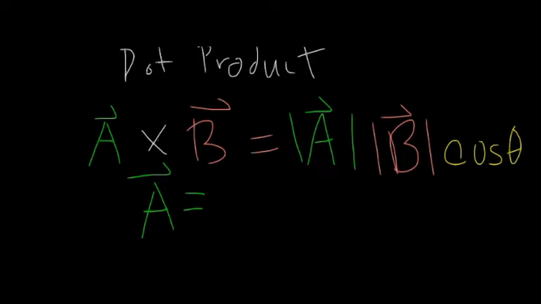I'm going to represent my vectors with angled brackets instead of this way. I just prefer it. Let's say A1, A2, A3,